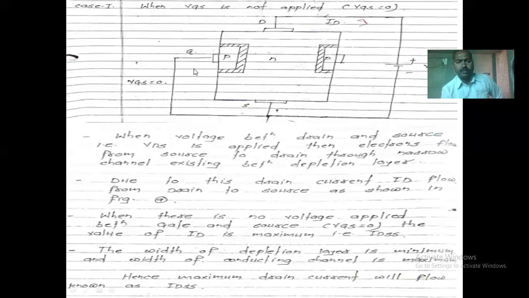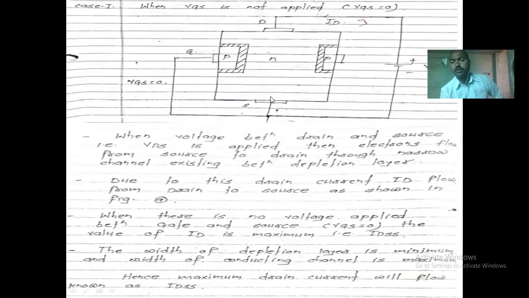So in this case, for the JFET, we initially considered phi equal to 0. Phi equal to 0 indicates that less depletion region is forming with respect to this layer, the two P regions. Less depletion layer means that when we apply the negative voltage to the source, electrons flow from source to drain.